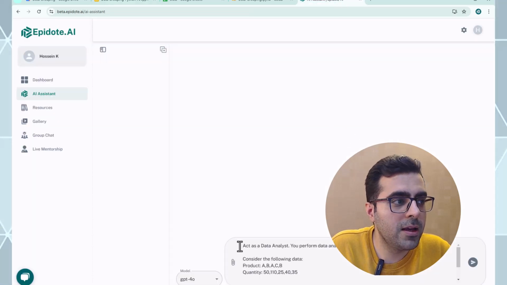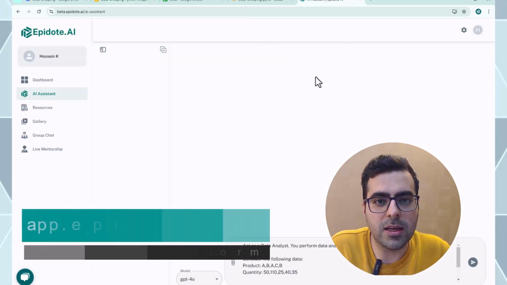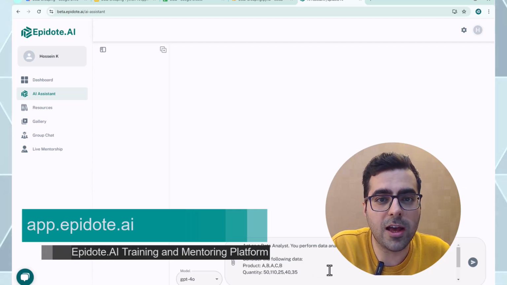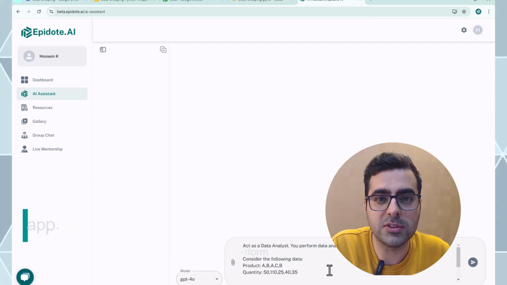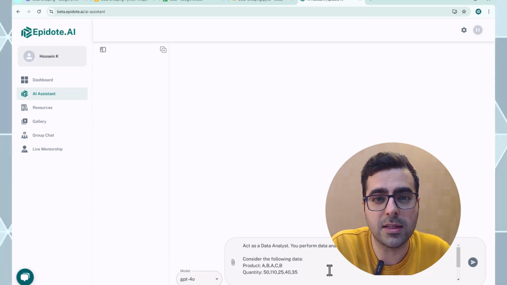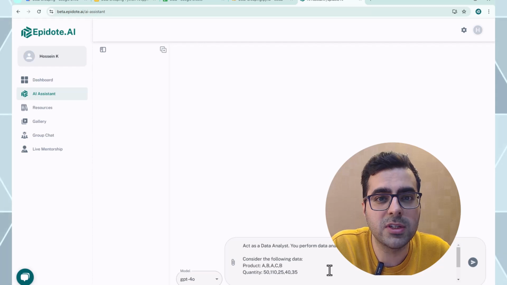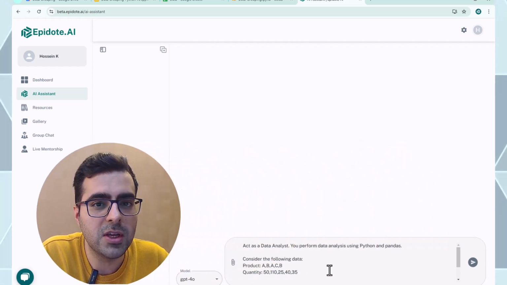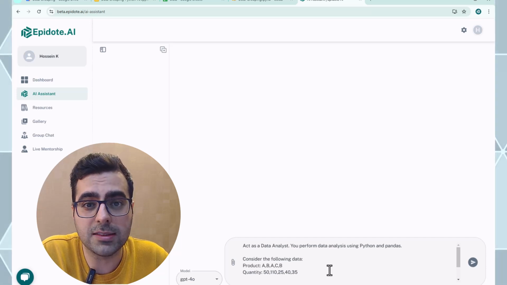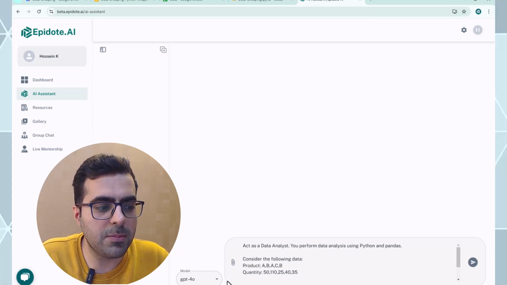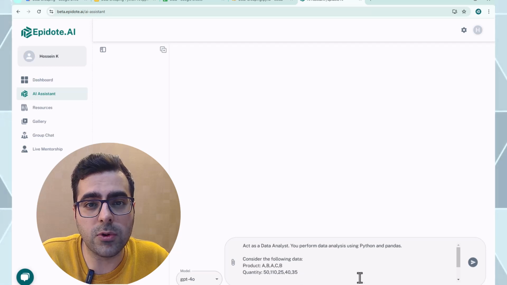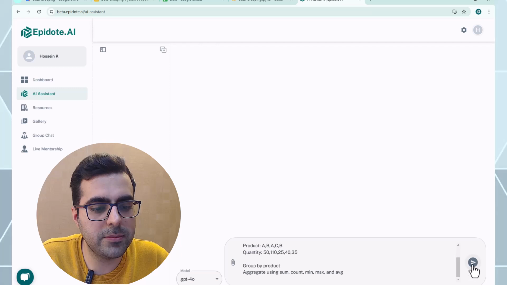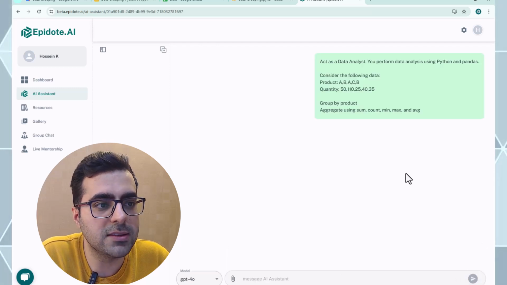I am using the AI assistant from the Epithet AI platform, which we are using for education, and we have made it collaborative so that learners can talk to the AI assistant and also be supervised by mentors and add comments or just flag certain responses. But you could use any AI assistant, any GPT. And the model here actually is the GPT-4o model from OpenAI. So I'm going to pass this prompt to my AI assistant,